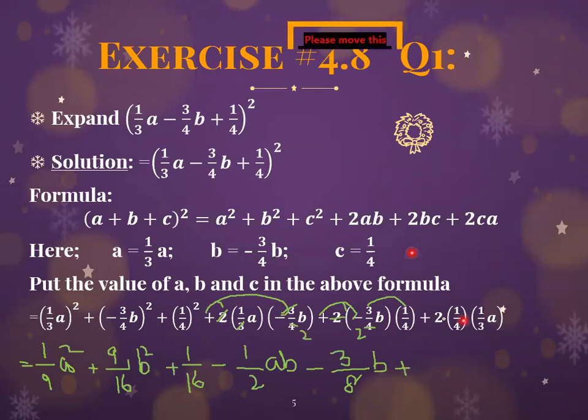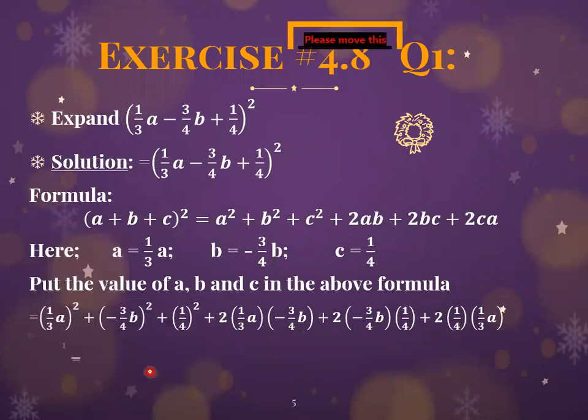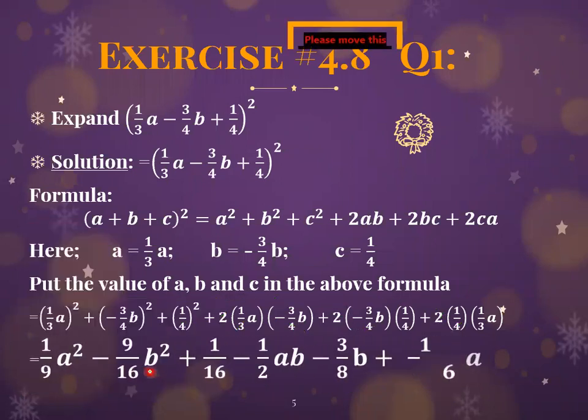Now what can be reduced here? This 2 and 4. So 2 into 1 is 2, and 2 into 2 is 4. So what is left here? In the numerator we have only 1, and in the denominator we have 2 and 3. So 2 multiplied by 3 will be 6, and the last variable, which is a. Understand? So this is our final answer. Clear? Now I'm going to erase it and show you. Now look here. So this is basically your final answer.